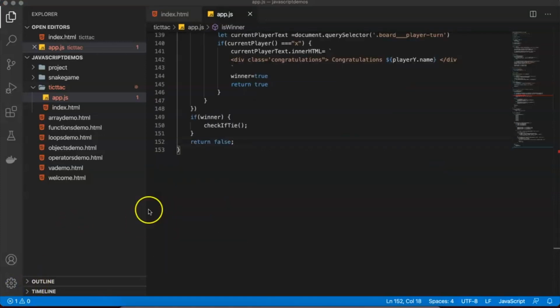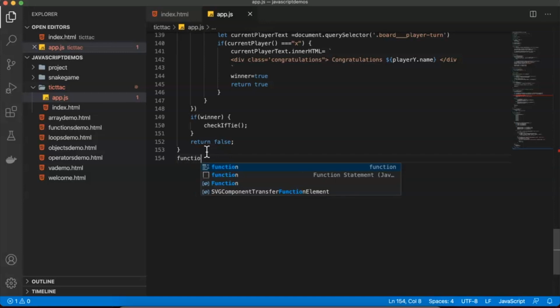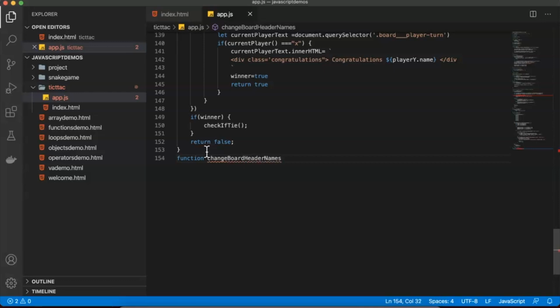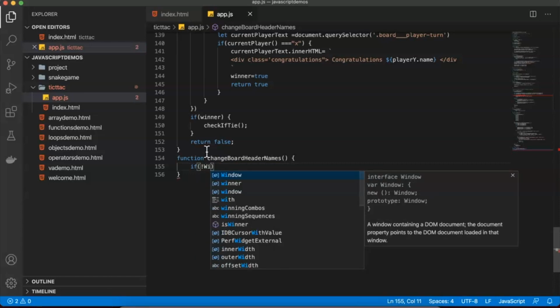That's it. Now in a continuation to this example, we're going to develop another function called changeBoardHeaderNames. So let's continue by defining the new function, function changeBoardHeaderNames. This will be the new function for us, and here we would like to check whether the user is the winner or not. So here we say if not winner,